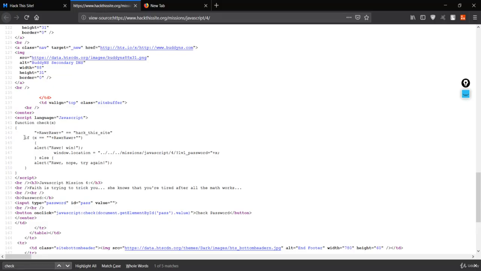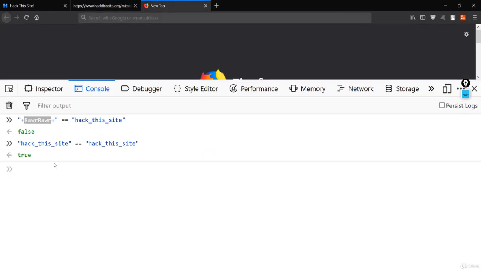All we are interested in is this if condition, which has our password, because we pass anything you write over here as x to this function check. So our password has been checked with this part. Let's see what this is. If I copy this and go right here, you can see we have this double quote.